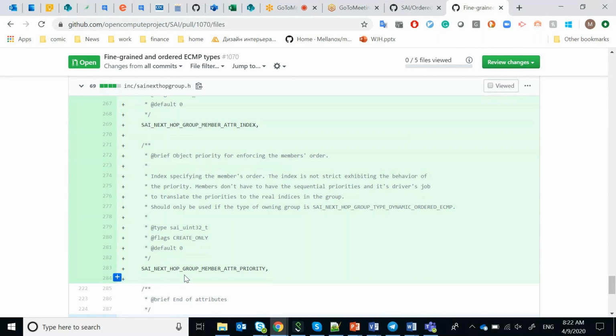Hey Marian, I have a question about this priority one. Let's say finally in the SAI adapter, if one vendor puts in one order and another vendor puts in another order, then do we have to specify some mechanism in the SAI to make sure each vendor gives the same order for this priority attribute? I don't think that this should be supported across vendors, because the hash itself is not